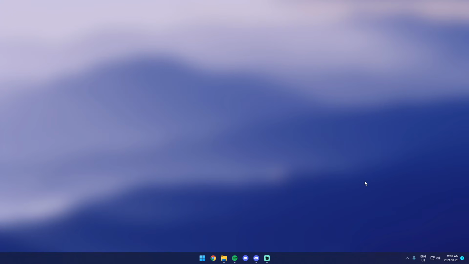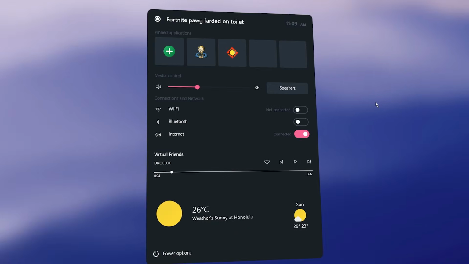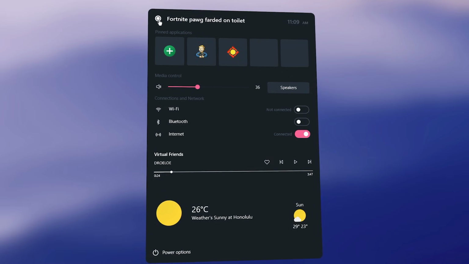Did you make the grave mistake of installing Windows 11 and you have this awful start menu? Or maybe you're on Windows 10 still and you're just thinking, wow, that start menu, so boring. It's been like 6 years since I've used it. Well, today I'm going to show you a beautiful start menu replacement just like this that allows you to customize